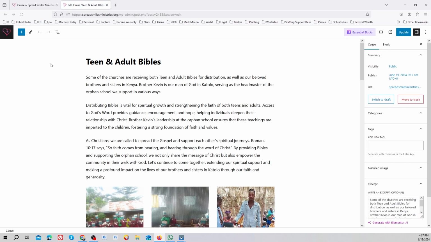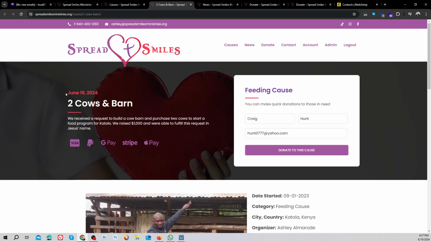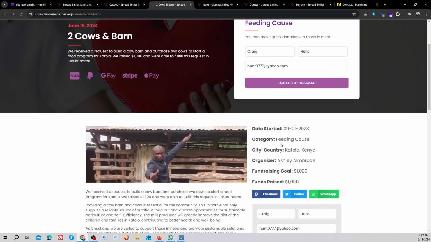Okay. Really, on the cause, you just change the date here, okay? And that will affect how they're laid out, when they're laid out, and where they're laid out based on the date. You can play with that. Then that's the date it's created. It may not be the date the cause starts. The date the cause starts is actually down here. I'm going to show you later how to build one of these and what